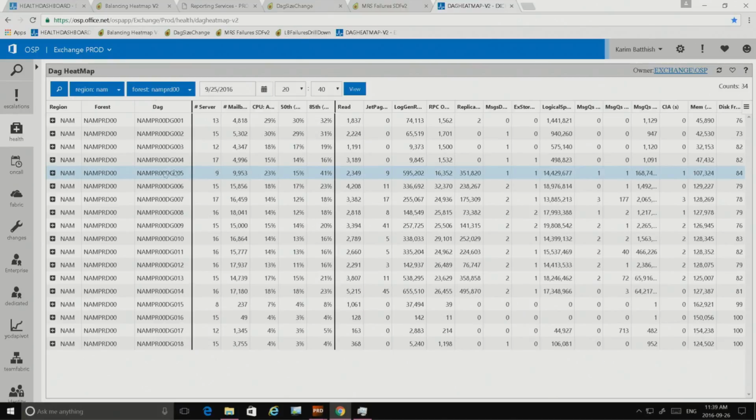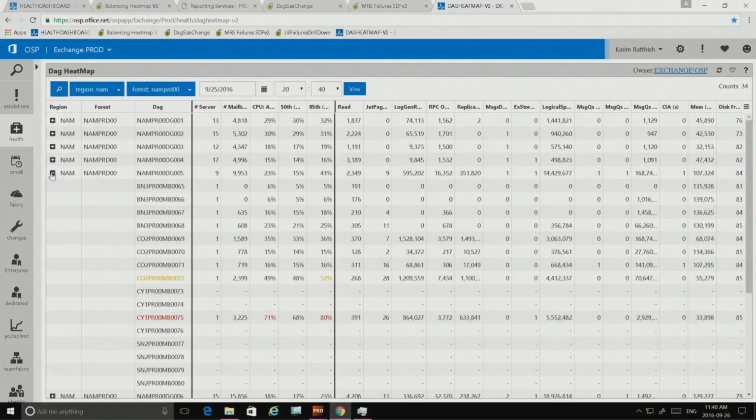And it really should be getting megabytes a second of replication traffic. That means if we're pushing data in, as an engineer, I would expect to see megs of data going in a second there, and really there aren't. So what I can do at this point is drill into the DAG and look at what's going on.